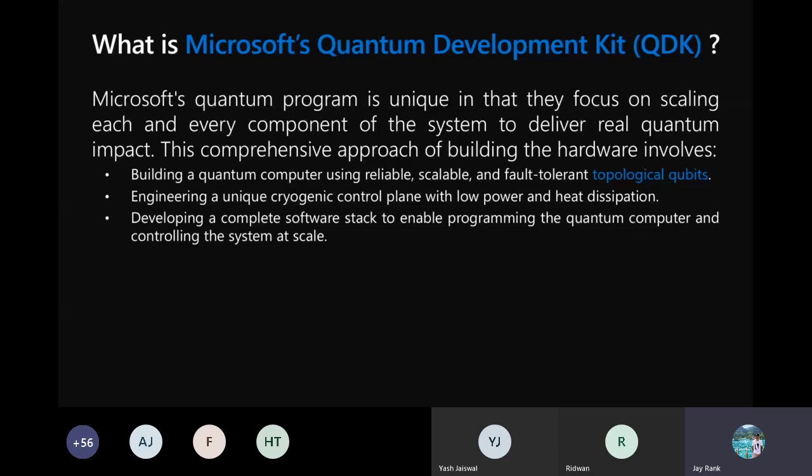Again, topological qubits, a newer term. Topological qubits are the type of qubits that are used for storing and manipulating quantum information, the one I stated in the earlier slide, that is superdense coding. In those kinds of superdense coding mechanisms, we use topological qubits for quantum manipulations. These topological qubits are in turn dependent on exotic quasi-particles called anyons.